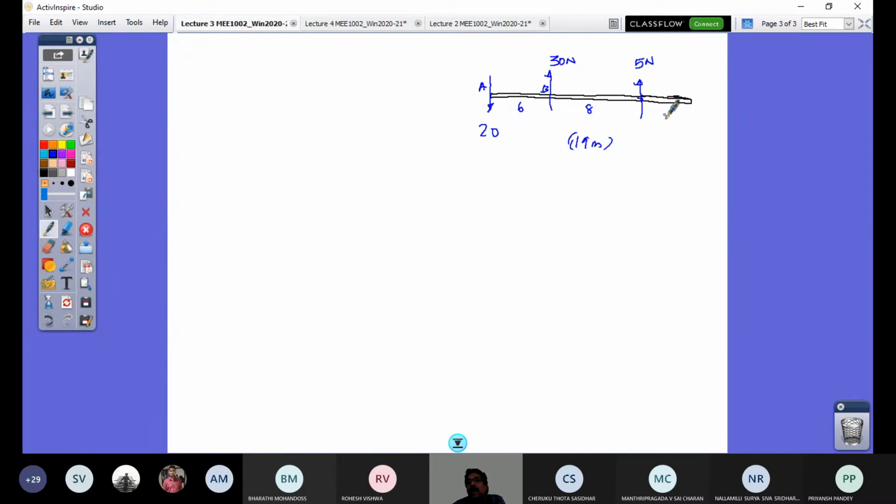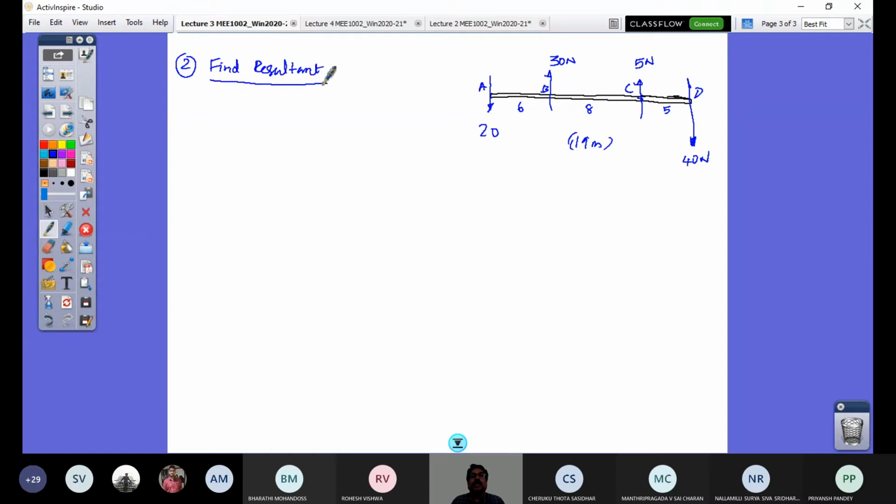So how much is the remaining? 5 meters distance. I have another force, which is downward force of 40 Newton. 40 Newton force is acting. So now these are the 4 forces. So I have to ask you now the question, find its resultant. This is point C, this is point D. Right? So second problem of today's class, find the resultant.